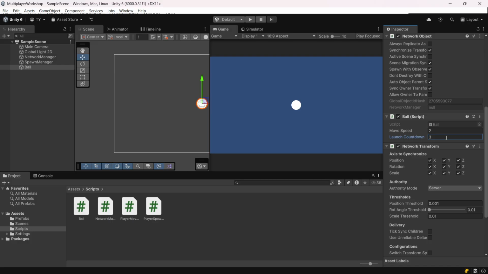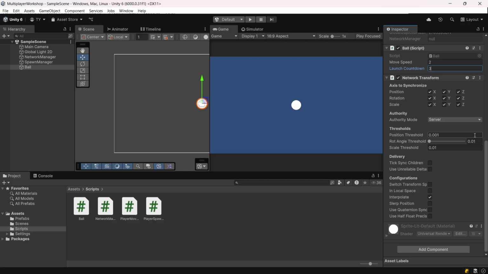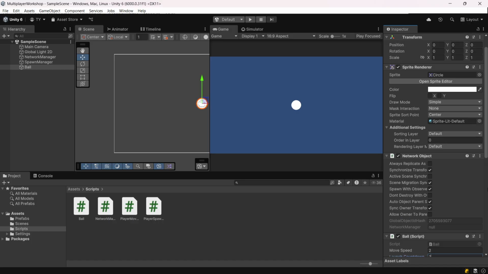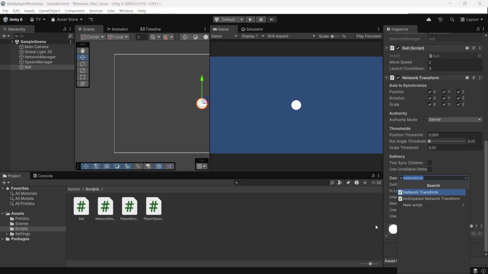So this will launch itself 3 seconds after the first client has been connected. Technically speaking, this is not good because we probably want to wait for both clients to connect before we launch. But you know, this is okay. It is okay to be scuffed for now. Okay, so here,